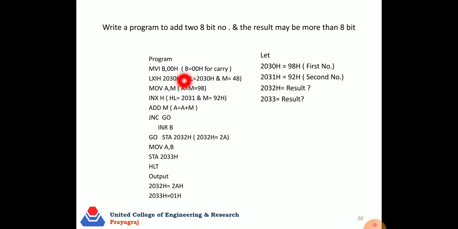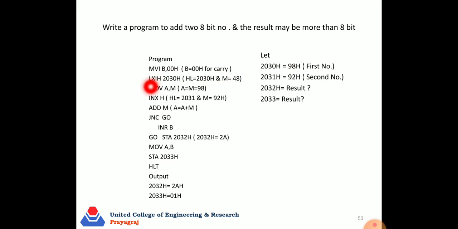As we wrote previously, this instruction is LXI H, 2030. You can see we can only initialize the address, not the data. Whatever data you have written at this address is directly indicated by the memory.